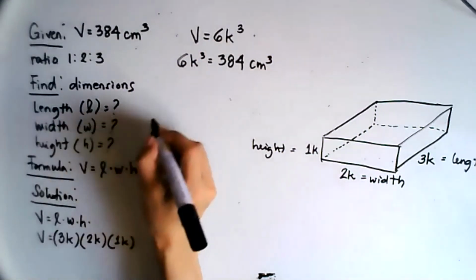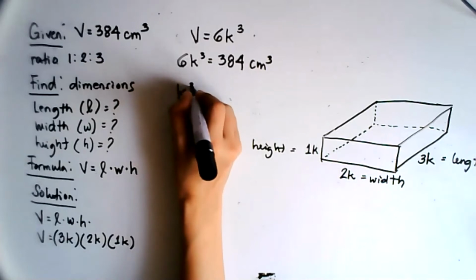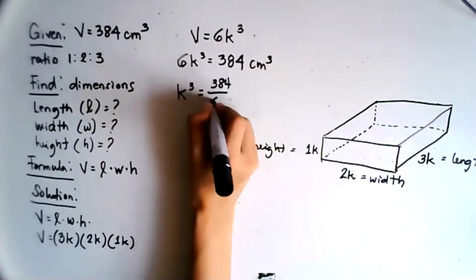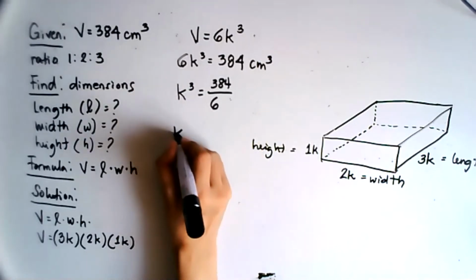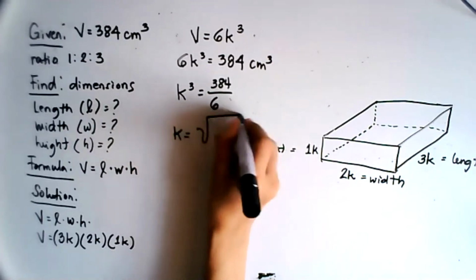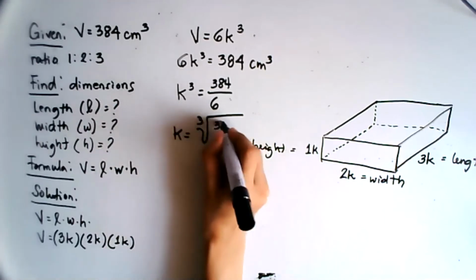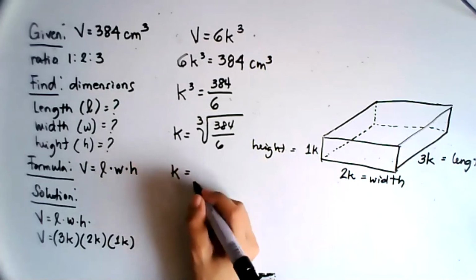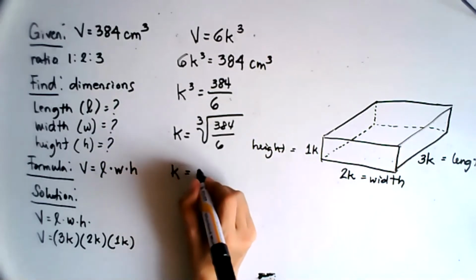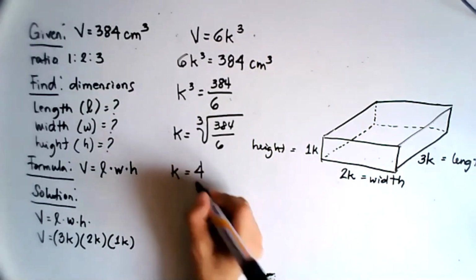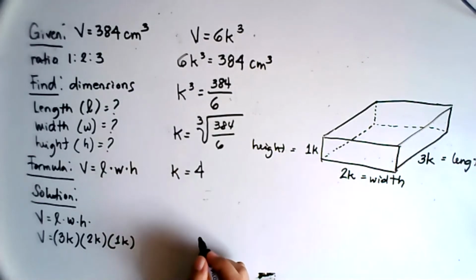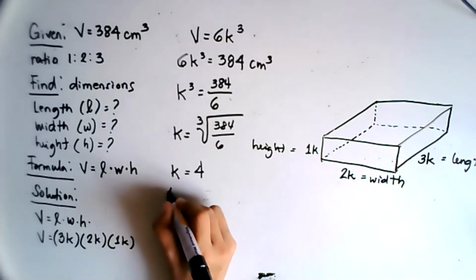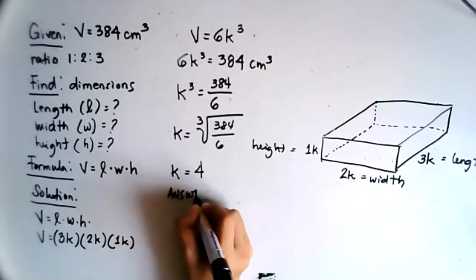So that would mean we have K cubed equals 384 over 6. And that would mean K is equal to the cube root of 384 over 6, which means K is equal to 4, or the cube root of 64. And if you are going to determine the dimensions, our answers will be,